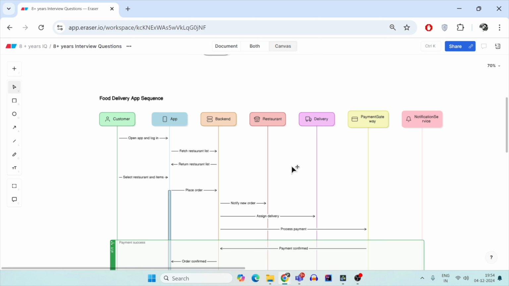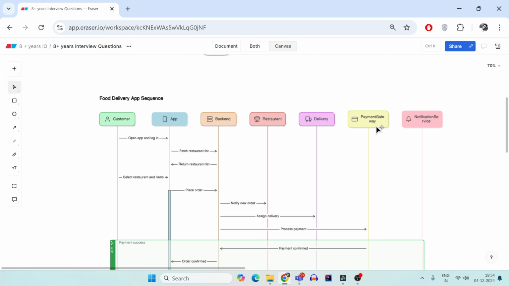Now, any food delivery application will have a consumer base, that is the customer. It will have an interface, which is the app or the web UI. Usually the apps are completely handy. Then there is a backend to handle all the data and logic. There is the restaurant, which is a physical entity that is notified about the orders. There is a delivery agent who is connected with these apps so that they can deliver the order from one